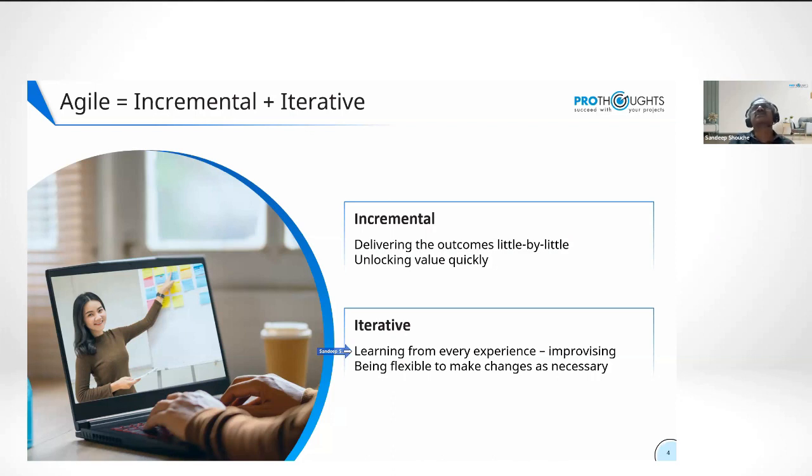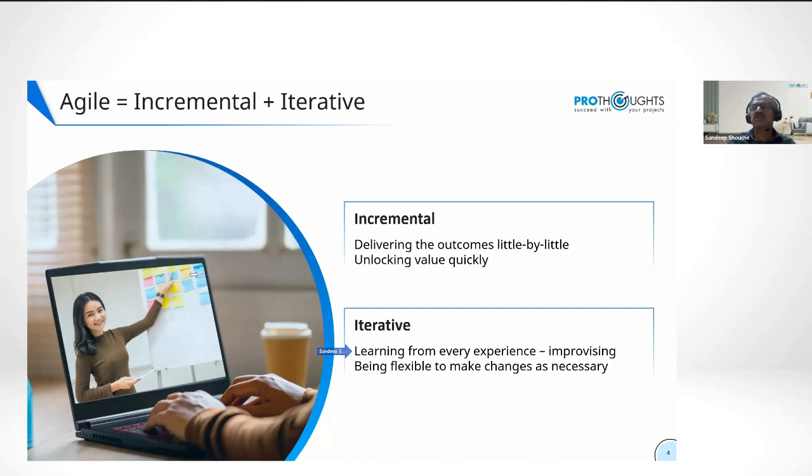As we all know, it was an emergency. But in business, it doesn't have to be an emergency. Or put it another way, it is always an emergency. Whatever you say, when do you want this? Oh, it was required yesterday, but it'd be good if you can give me next week. And this is how it works nowadays. Everybody's in a hurry as though there is no tomorrow. So these two things, if you are doing these two things, deliver bit by bit and learning from experience, you're already using Agile. There is no rocket science to this.